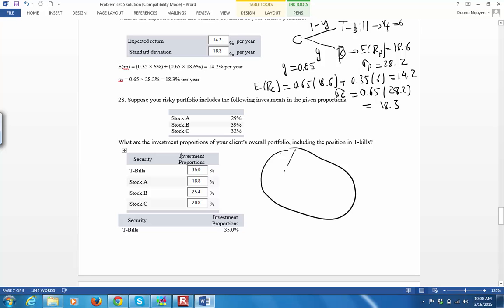You have T-bill, which is 35%, and the remaining is portfolio P. So portfolio P you have 65%, but in portfolio P you have 3 stocks, A, B, and C, and stock A accounts for 29% in P. So the proportion of A in the overall portfolio is equal to 0.29 times 65%,